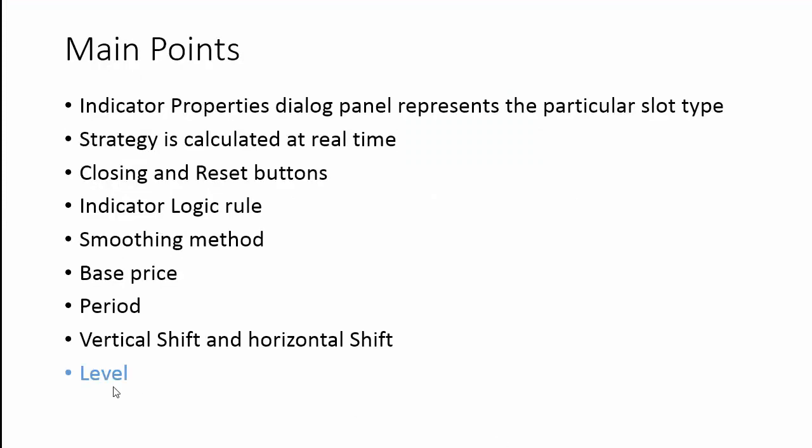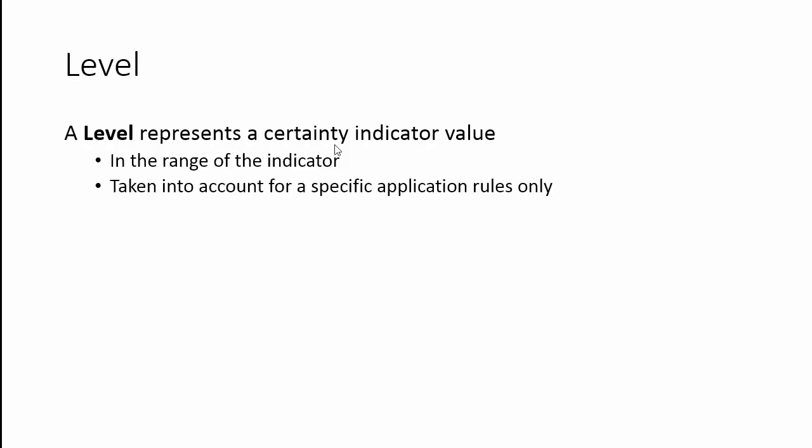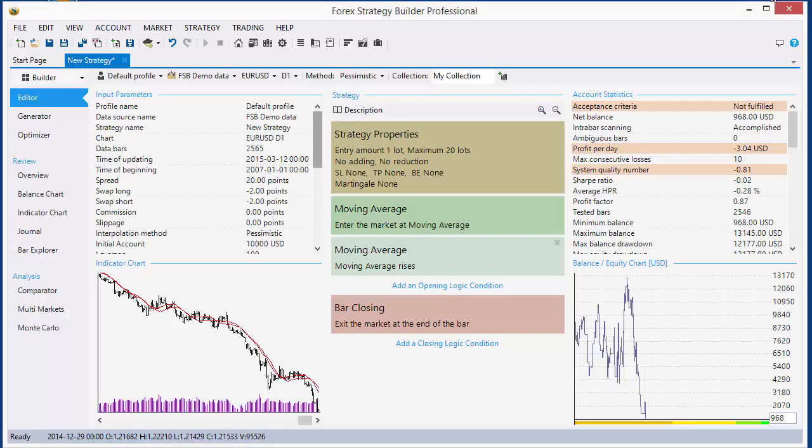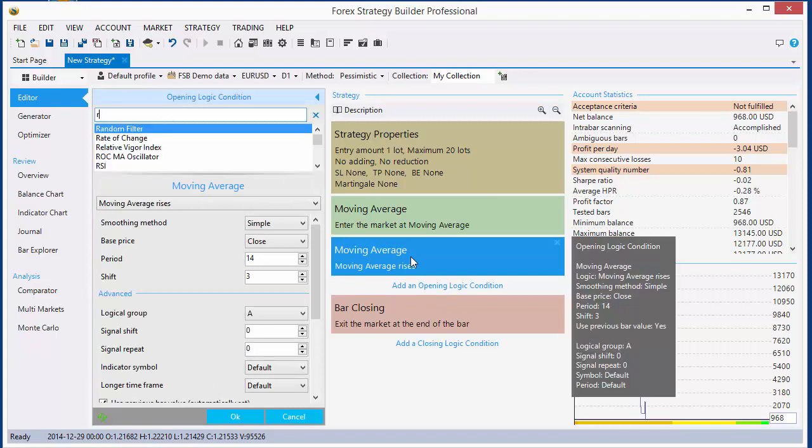The next is a level. What is a level? Levels are used in some indicators. We set an indicator value as a level. These levels are in the range of the indicator, and they are taken into account only for specific application rules, for specific logic. For example, let's take the RSI